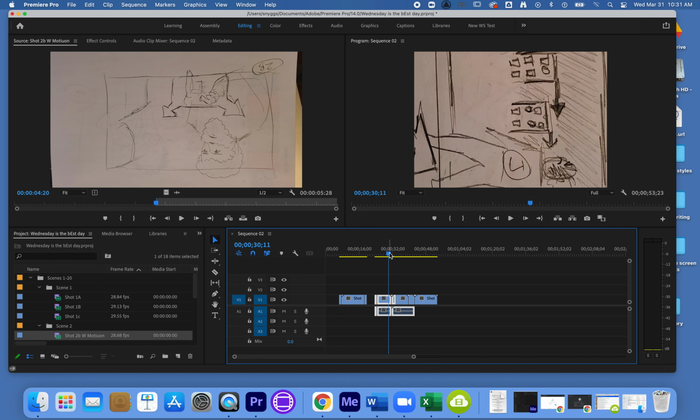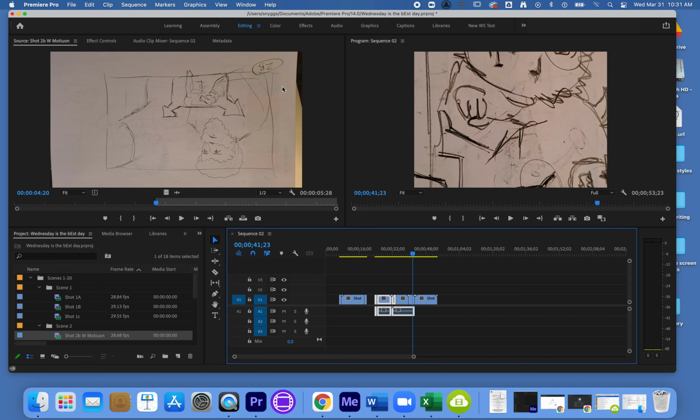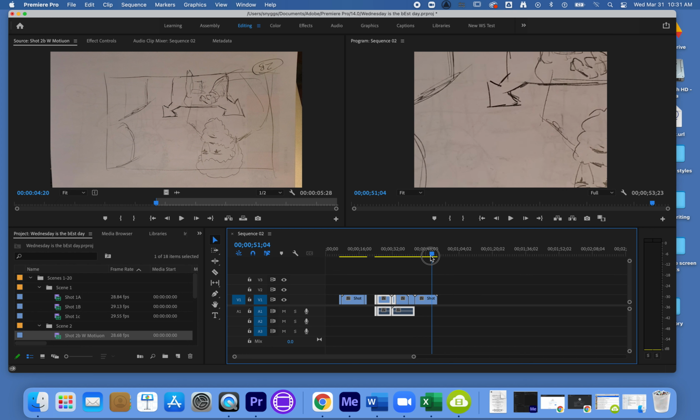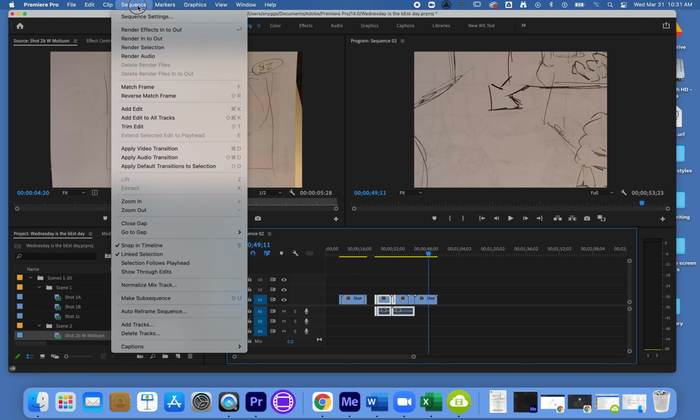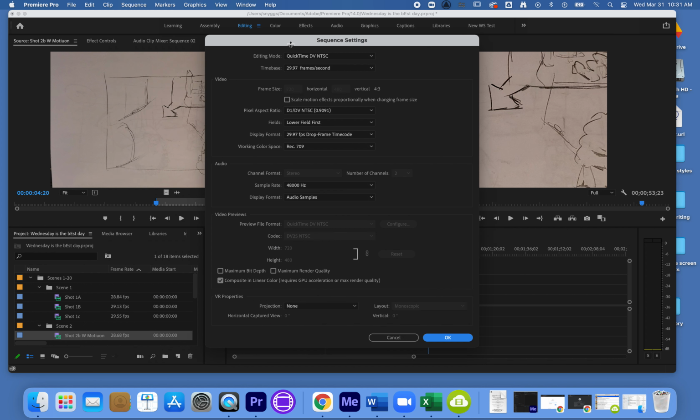Pretend that you created your sequence and you realize that it's the wrong format. Like I want to have this wide format and it's a square format. So what you do is you go to the top of the screen, Sequence, Sequence Settings, and then you